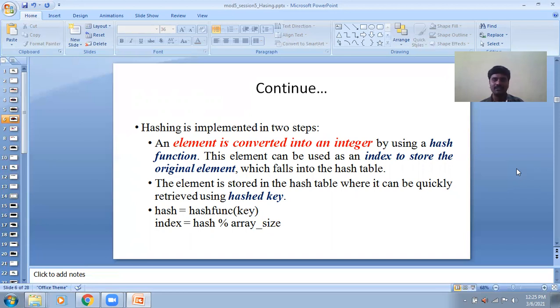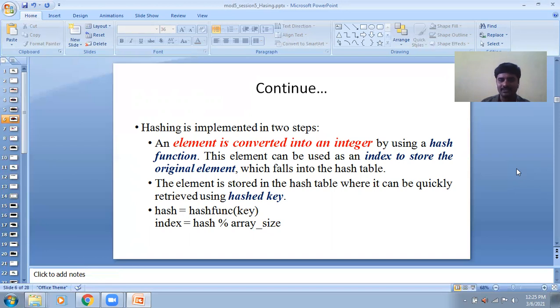So whatever data we are getting, we have to convert it into an integer value. That is the main thing we have to remember. Second, the element is stored in the hash table where it can be quickly retrieved using the hash key.